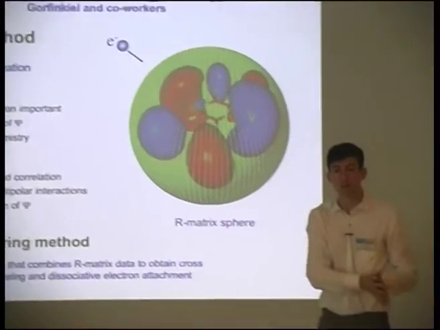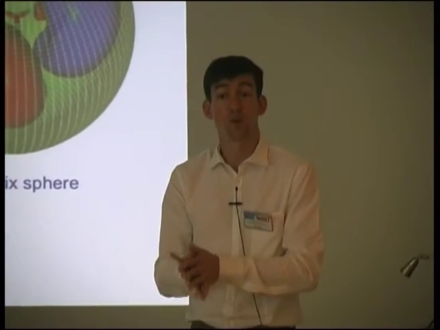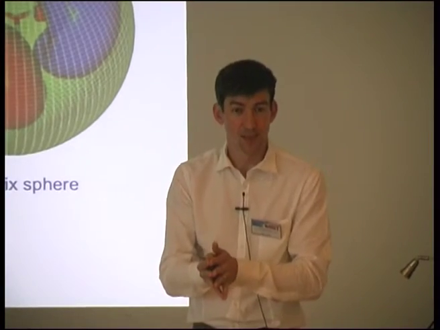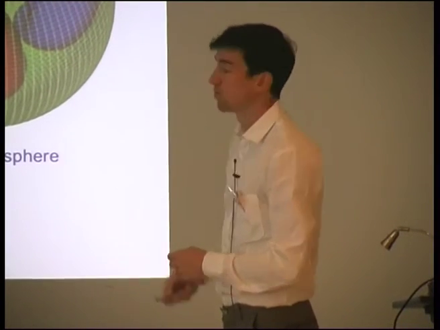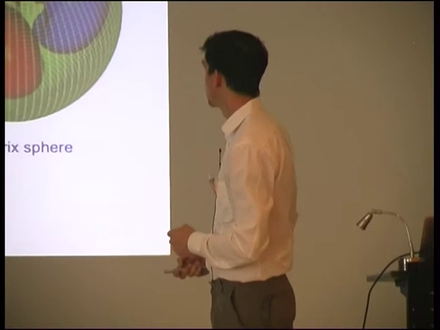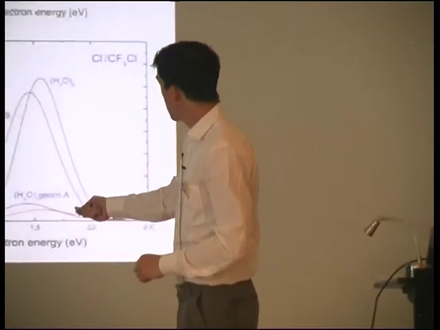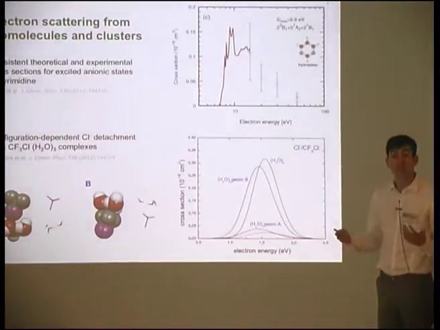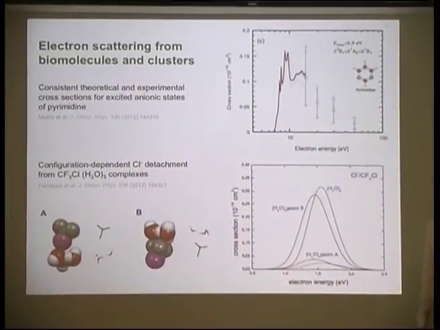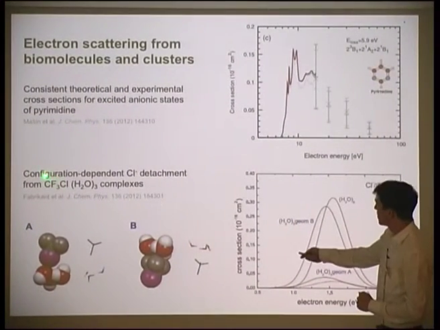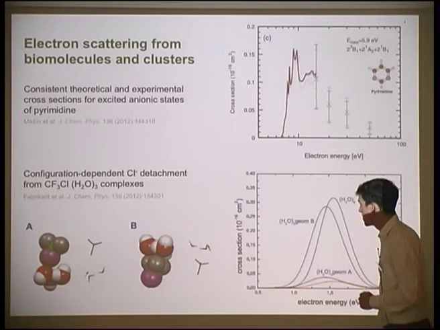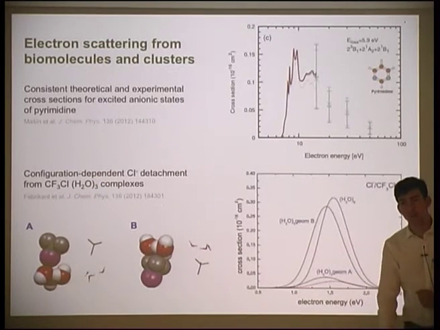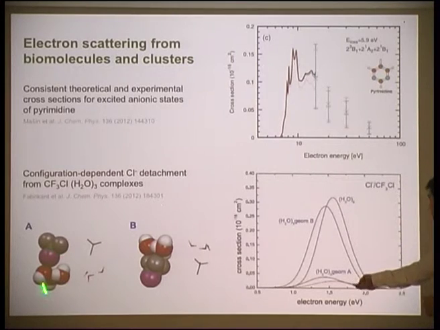If you're going to compare experimental results with calculations, you need to know that you're looking at exactly the same target. That's one of the reasons why we're trying to gain control over the target configurations experimentally. Their calculations have demonstrated, among other things, that the specific configuration of a cluster can have a very significant effect on electron attachment, as we expected earlier. For example, they've carried out calculations looking at CF3Cl in clusters with 3 water molecules, and they've tried putting those water molecules in different places.